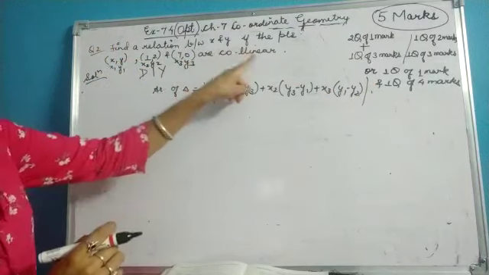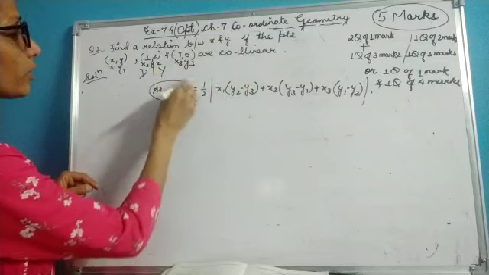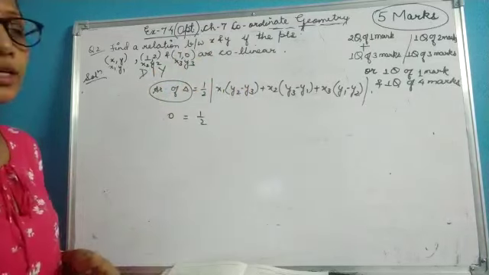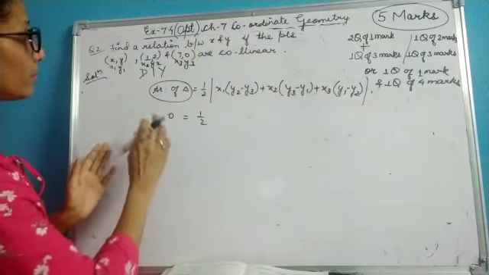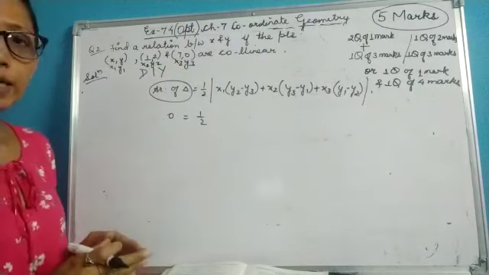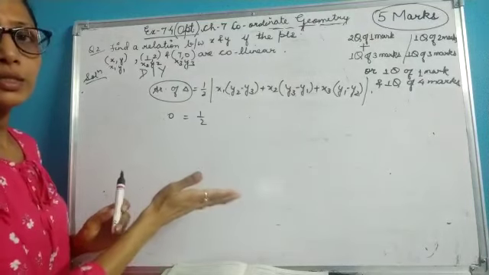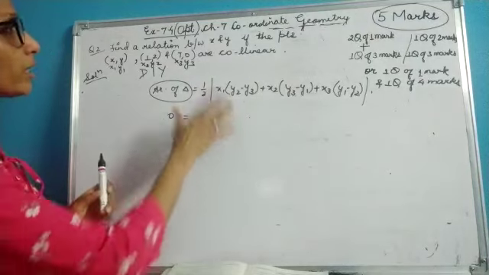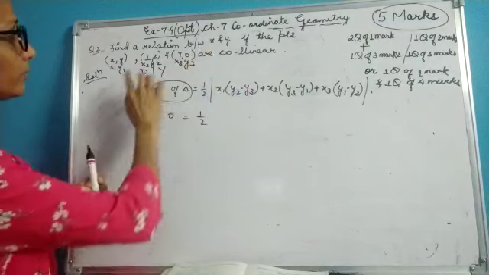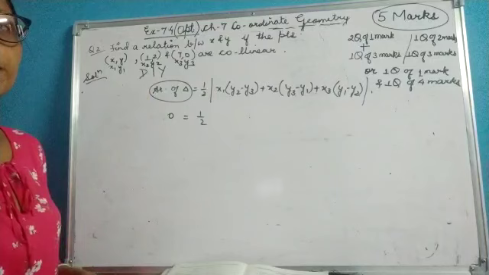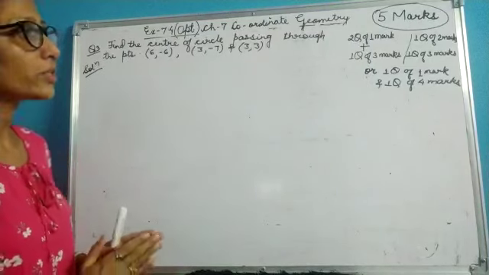Now the points are collinear, that means in place of area of triangle you will be taking 0 and then you will be putting all the values and you will get your relationship between x and y, and you will get a linear equation in two variables. So that will give you the relationship between x and y. So do it yourself. Let's see the next question, children.